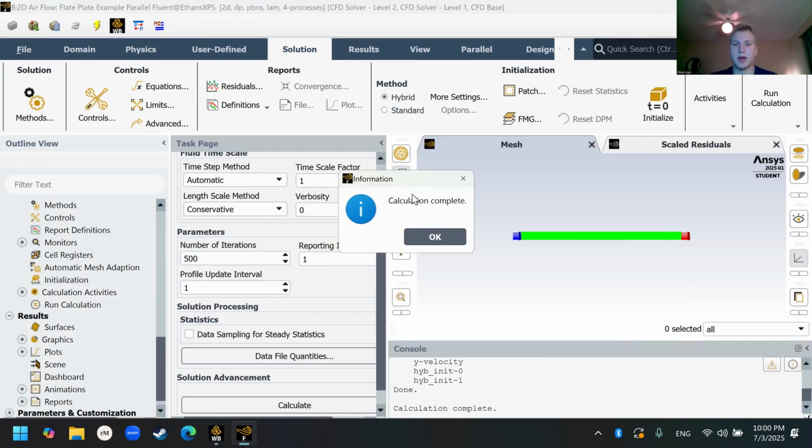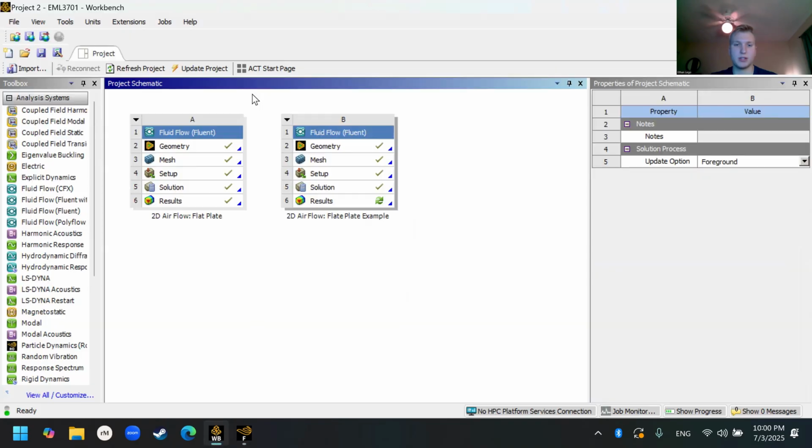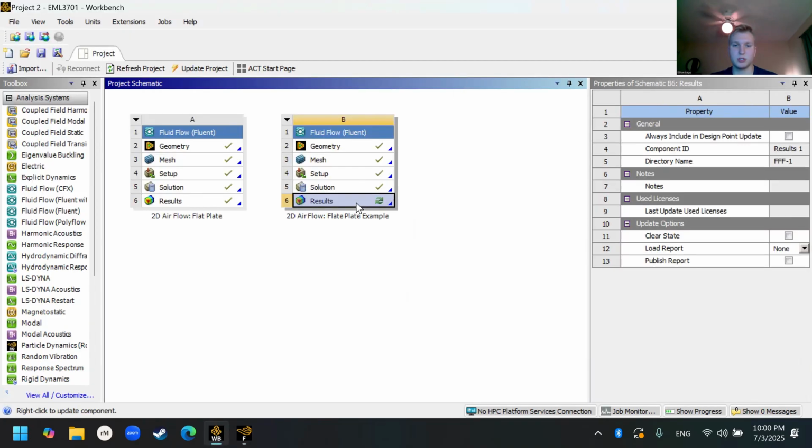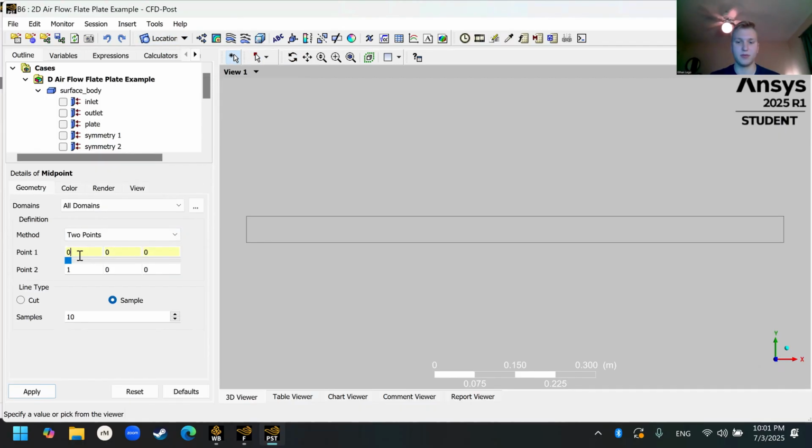All right, now that my calculations are complete, I am going to go back to my workbench and I'll edit my results. All right, now that I'm loaded in, I'm going to select line and I'm going to put in a few different lines here. The first one is going to be the midpoint, and there we are, 100 samples, and it looks good. I'm going to do the endpoint,